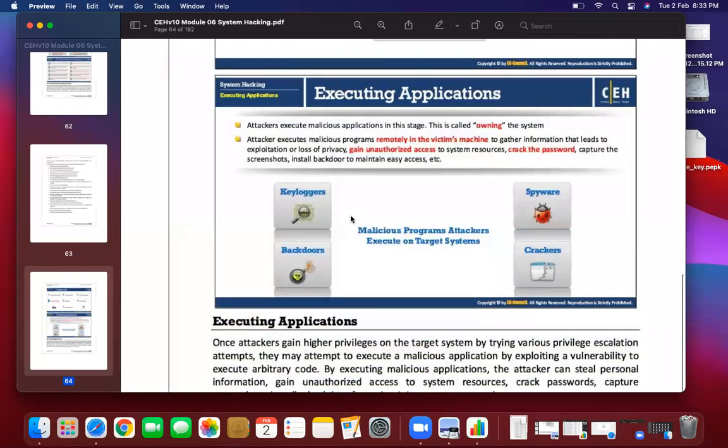Now this keystroke will be logged into a particular file. If a keylogger is installed in your system, whatever you type, any keystroke, will be stored in a text file or a particular file.